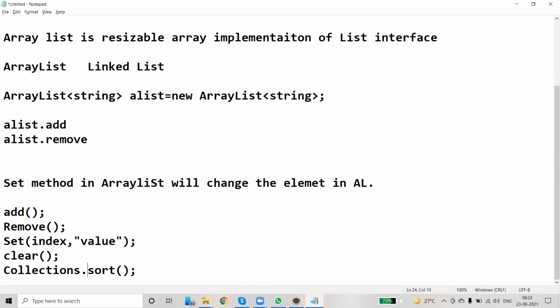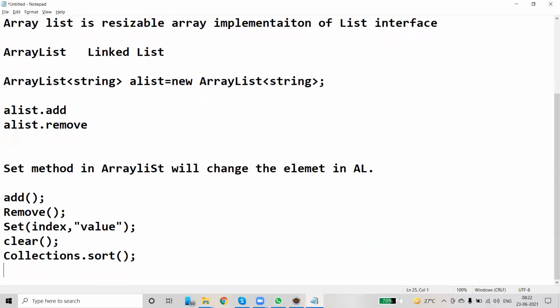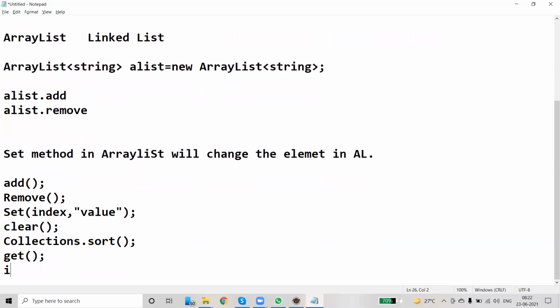So add, remove, set, clear, and sort, and we also have a method called get to get a value. And we also have another method called index of. So these are the very frequently used methods in an array list.